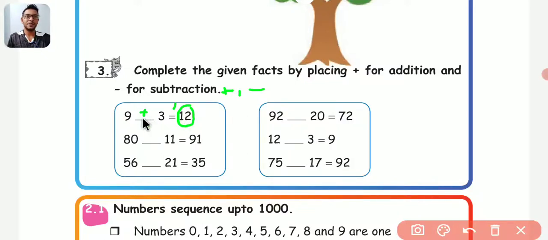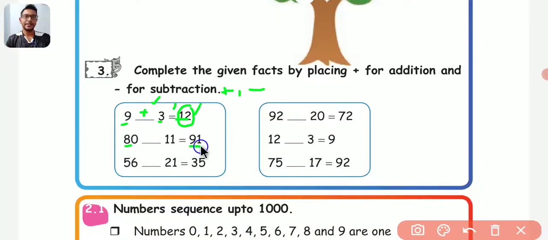Now you compare 9 and 12. 12 is the bigger number than 9. Next you compare 3 and 12. 3 is smaller than 12. So 12 is the biggest number. If the answer is the biggest one, in that case you have to put what? Plus. Now you compare these two,